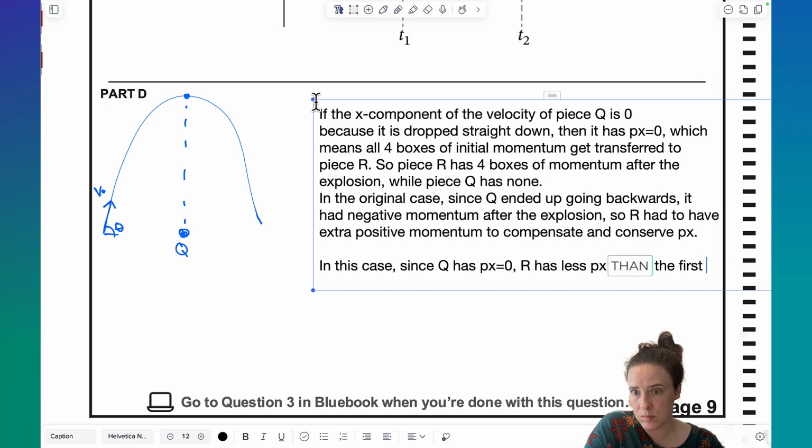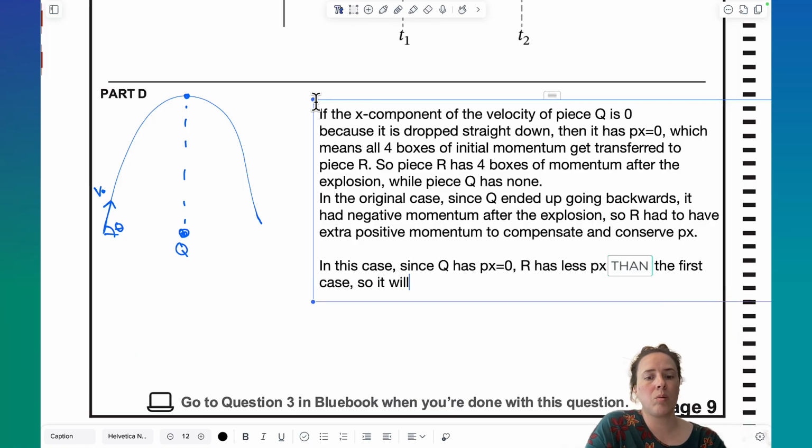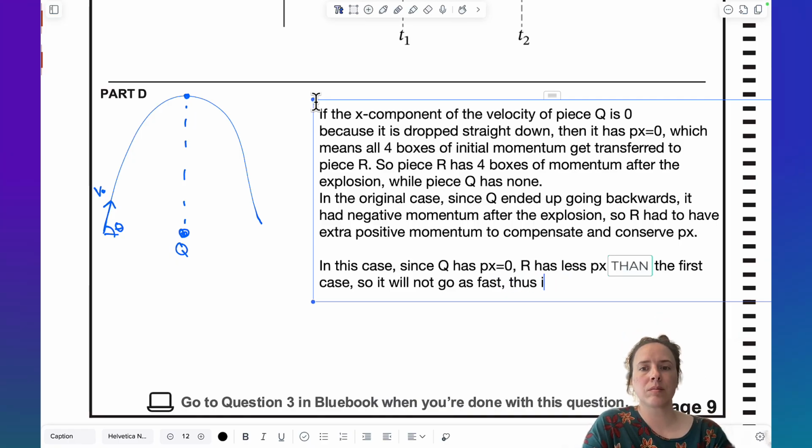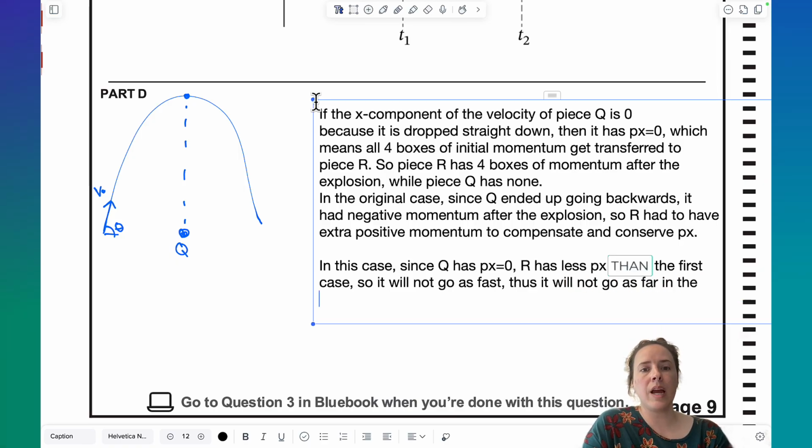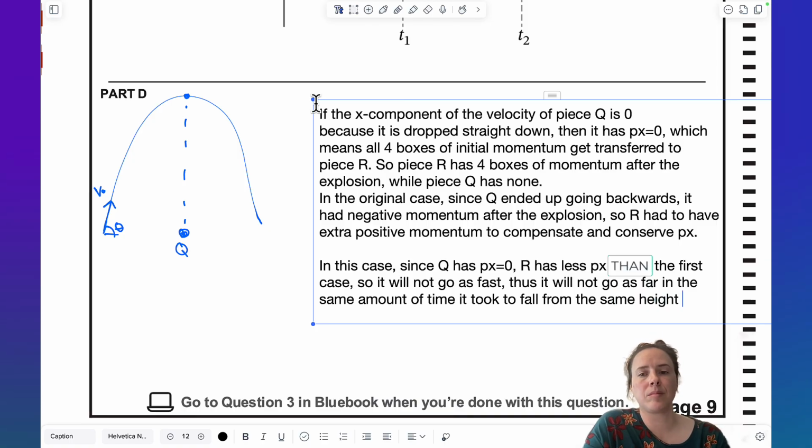So it will not go as fast, and thus it will not go as far in the same amount of time it took to fall from the same height. We're getting to the same height. So it's highly likely you may have to specify that the time to reach the ground is the same in both cases,